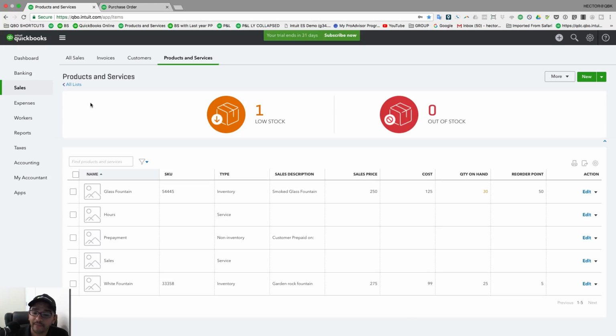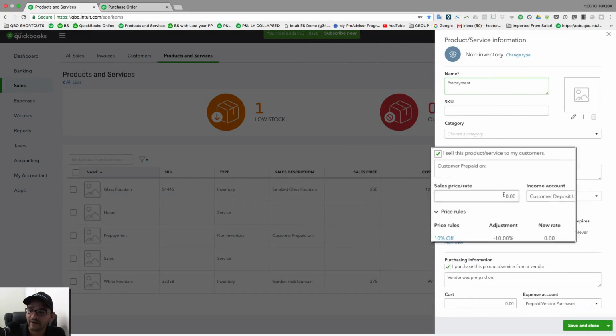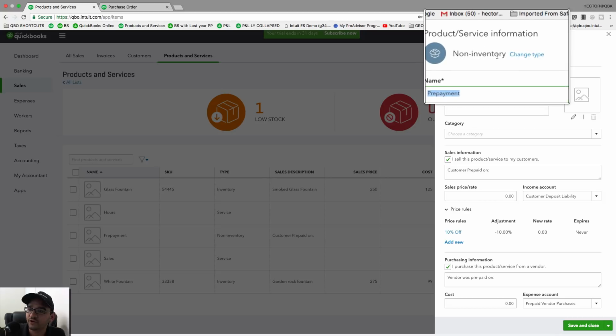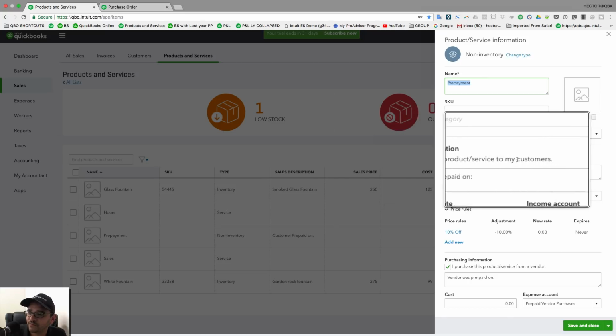So let's talk about prepayments. And prepayments are so important in the world of inventory. So I'm going to go ahead and show you an item I already created. For the sake of time, I already created an item called prepayment. I created a non-inventory item called prepayment, and I'm setting the portion that says I sell this product or service to my